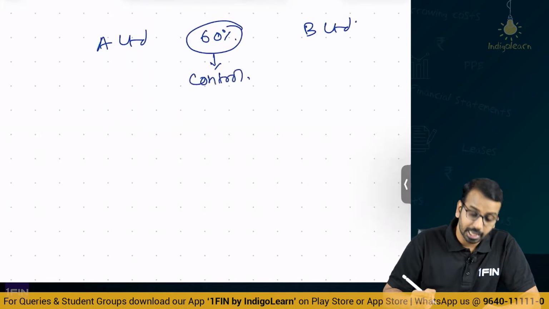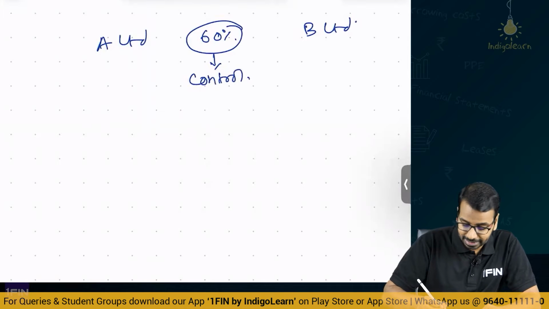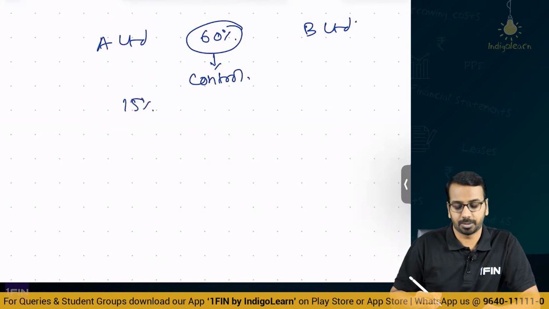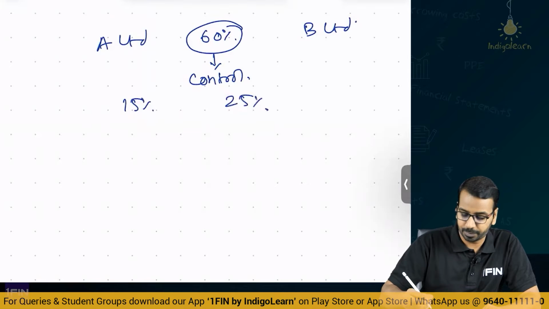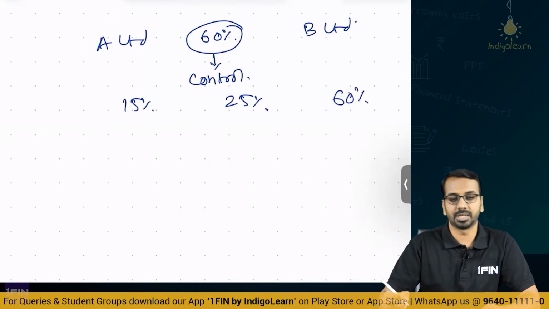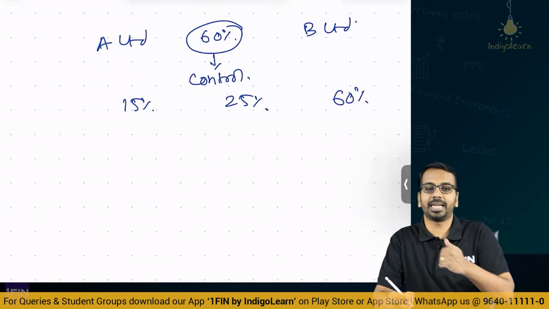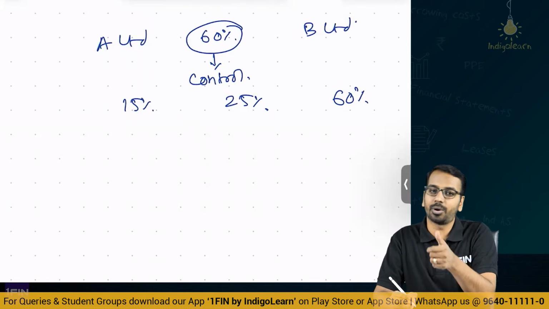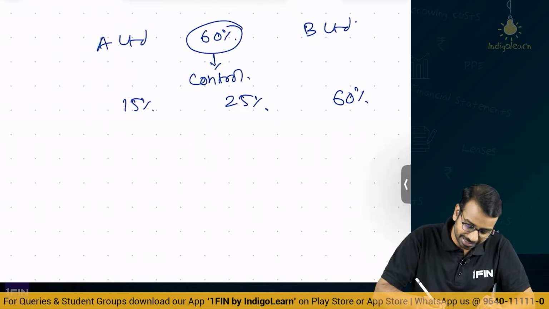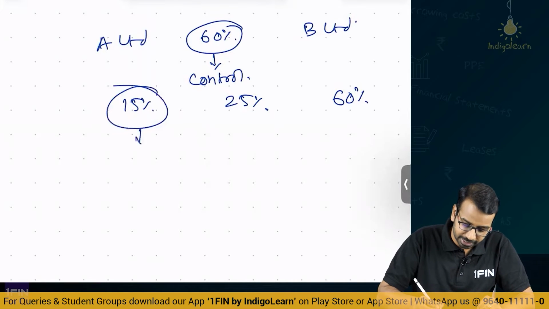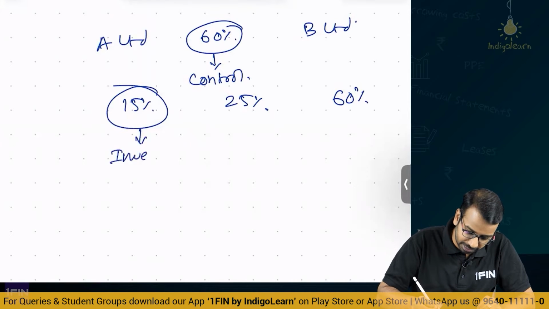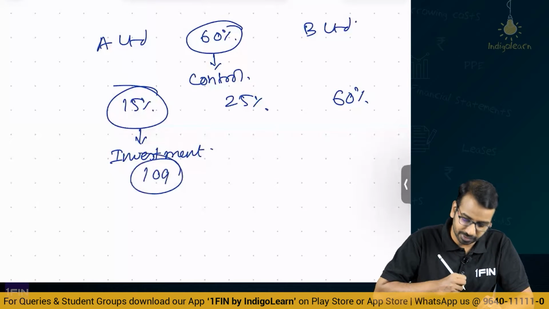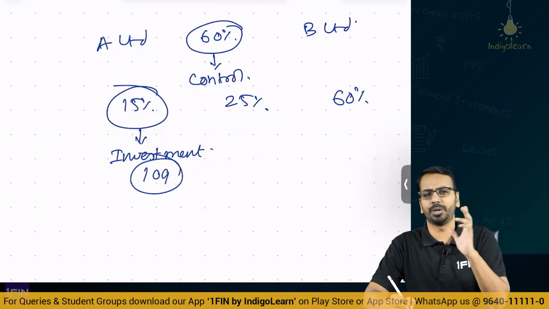Okay. There could be different scenarios. Let us say A Limited acquired only 15% or A Limited acquired 25%, A Limited acquired 60%. There could be different scenarios of stake acquisition, and depending on what is the stake, our accounting treatment will differ. For example, if you have 15% acquisition, then it is taken as a normal investment and you will follow the accounting principles given under Ind AS 109. Nothing to break your head on.